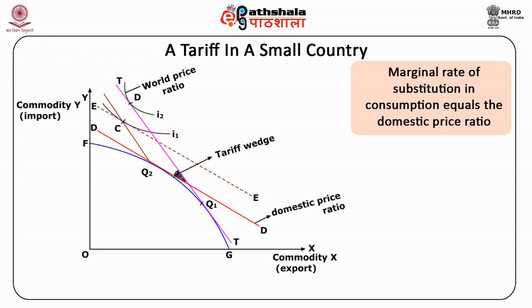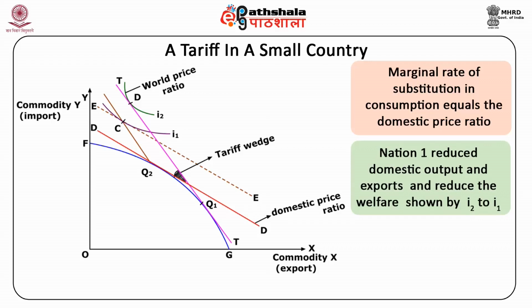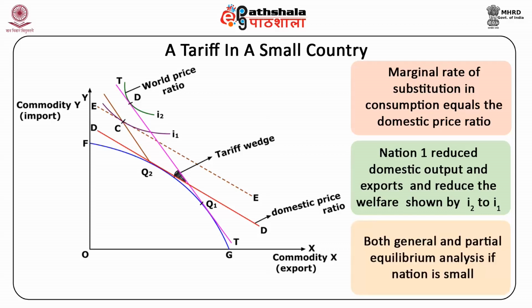Tariff has stimulated the domestic production of commodity Y and hence reduces its dependence on commodity Y imports. Nation 1 has also reduced domestic output and exports of commodity X and reduced the welfare, as shown by the movement to the lower indifference curve from I2 to I1. So here we reach the same conclusion that in both general and partial equilibrium analysis, if the nation is small, then the tariff reduces